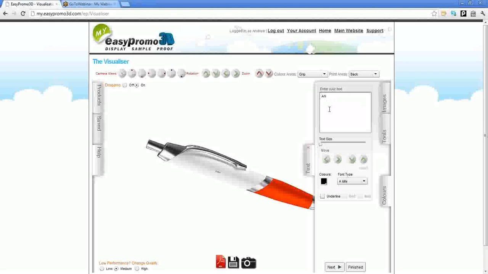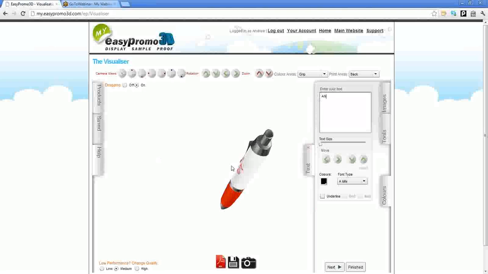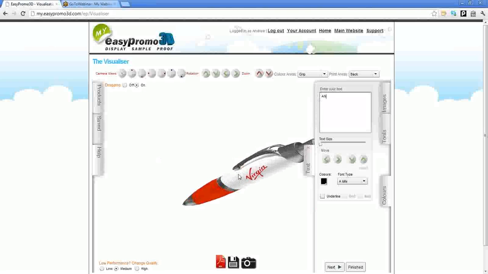And we can see there that I can type in my text. But no, just flick that round there. What I'm actually going to do is put it on the front instead, so it looks perhaps more like you might use. I'm going to just move that up. And obviously that will only move up in relation to the print area. Now, if I were to add text on there now, so let's just add, I don't know,